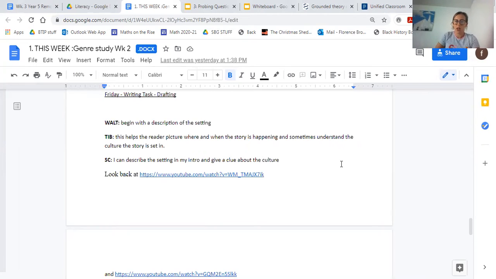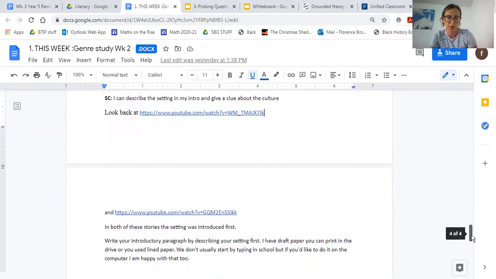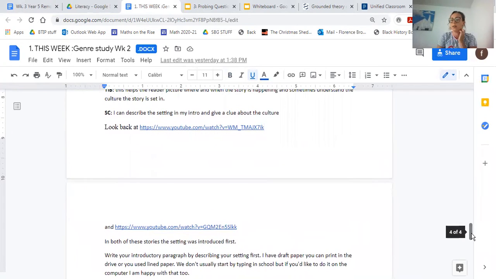And this will help us understand a little bit of the clues about the culture that this book's going to follow. So just like those examples that I've shown you, that gives us little clues about where the story takes place, like the types of houses or the types of buildings or the types of trees and plants or the types of animals. All of those little clues help us out. So you're just going to be doing that first paragraph. If you need some lined paper templates, I can send you some, or you can do it just on the computer as well. So those are your 2 options.